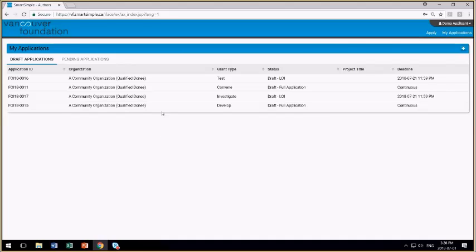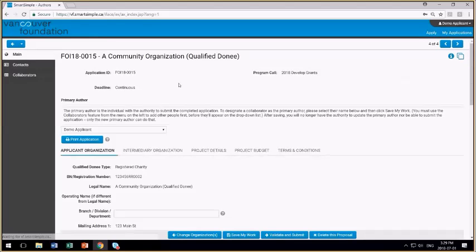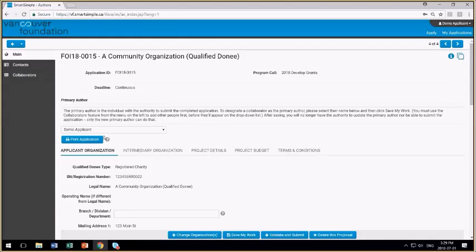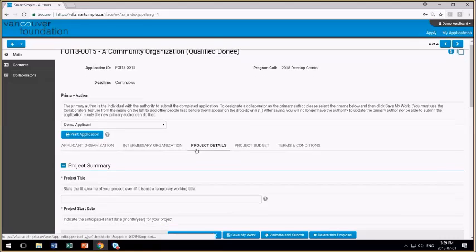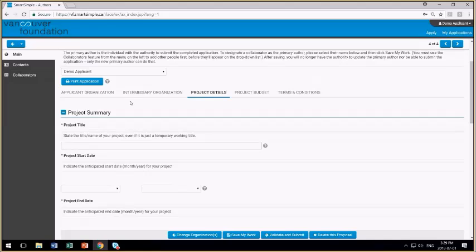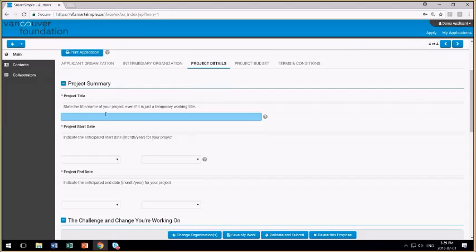To demonstrate the project details section, I'm going to use this develop grant type, but it's the same for all grant types. I'm taken back into my application form. You can see the parts of the application form down here. So this is to do with the project details. There are other videos that will show you how to complete the sections on applicants and intermediaries, as well as the project budget. So this section asks me